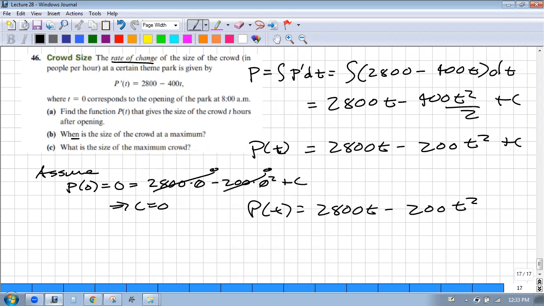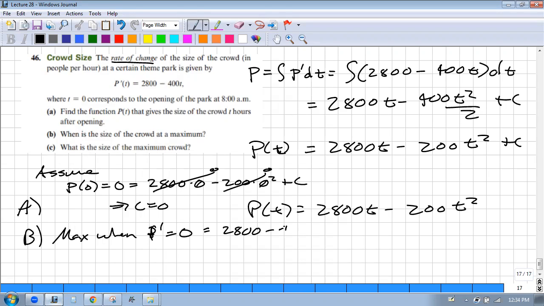When is the size of the crowd a maximum? So this is part B. The max happens when P prime is 0, right? That's where your critical points are at. Now it could be a minimum or a maximum. We already know the minimum is going to be 0 at time 0, right? So if we set this equal to 0,